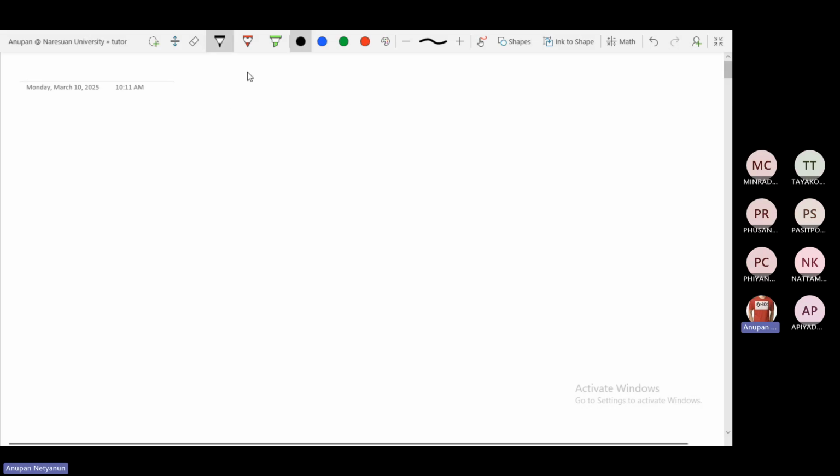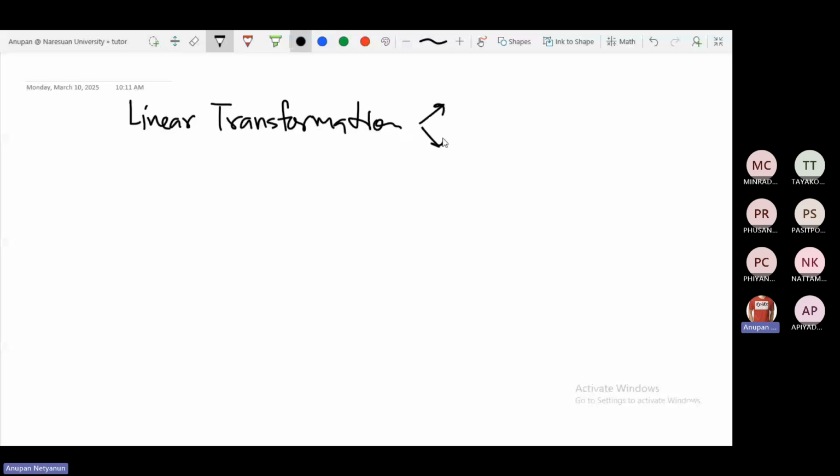The last topic that we are going to talk about is linear transformation. Last time we talked about linear transformation, right? It has two properties that you need to check. And we know that, at almost the end,